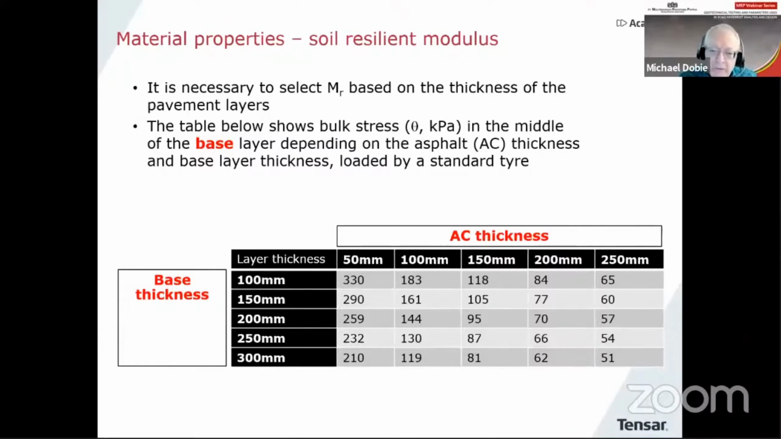So you can see that with a thin asphalt and a thin base layer, we get a very high bulk stress. But down at the other corner, with a thick asphalt and a thick base material, we have a very small bulk stress. So this means that our MR value is also going to be varying very much. And to give you an example of this, here is a